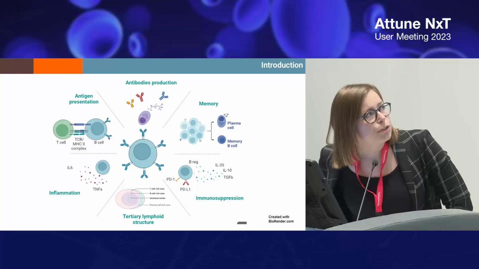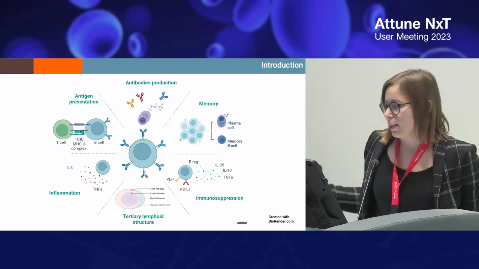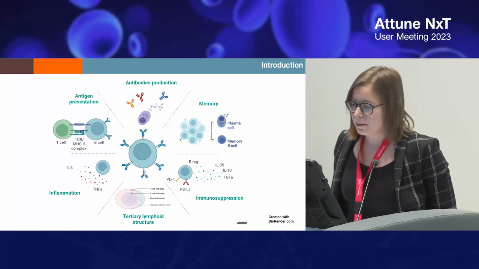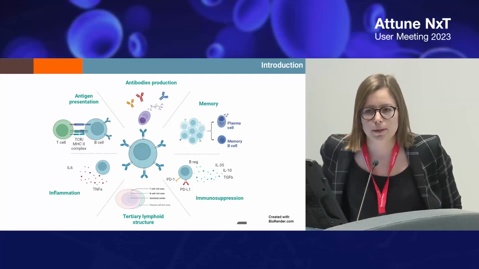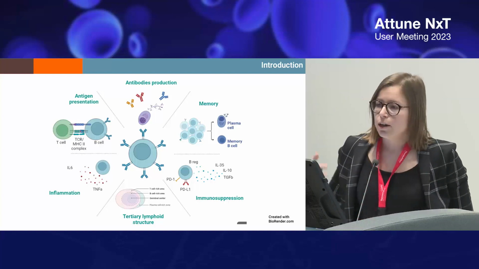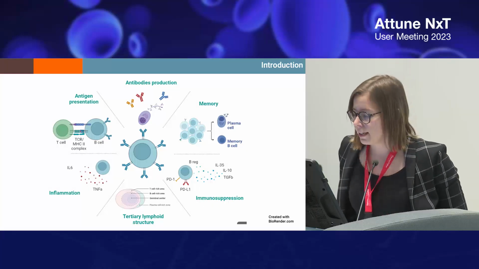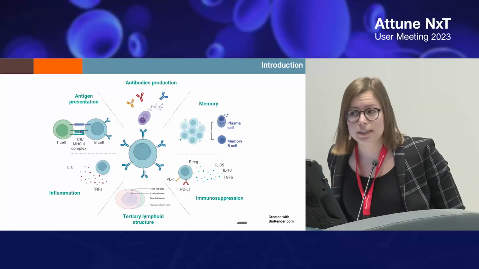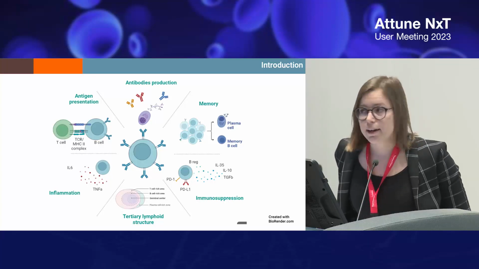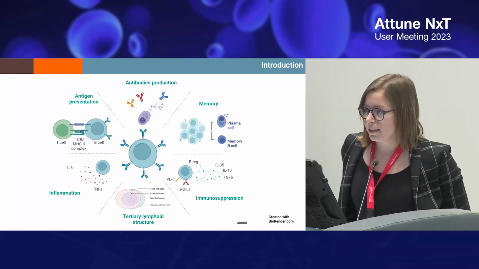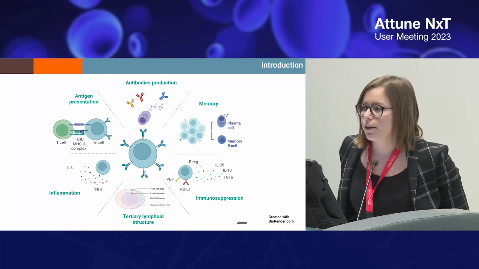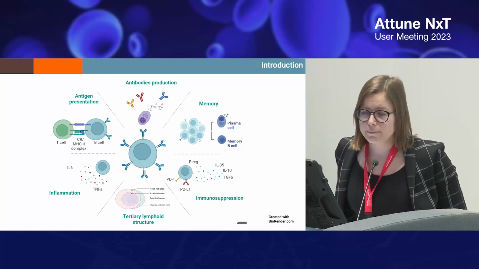As already mentioned, they can provide memory through the differentiation of plasma cells and memory B cells, but they can also do antigen presentation to T cells and regulate the immune response through the production of many cytokines that can be pro-inflammatory, such as IL-6 and TNF-alpha, but also immune suppressive cytokines such as IL-35, IL-10, TGF-beta,